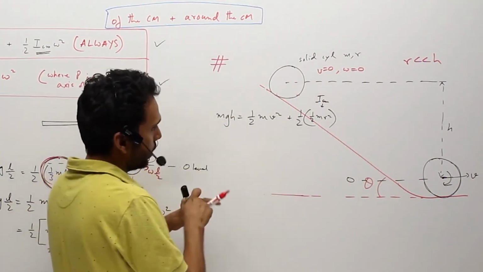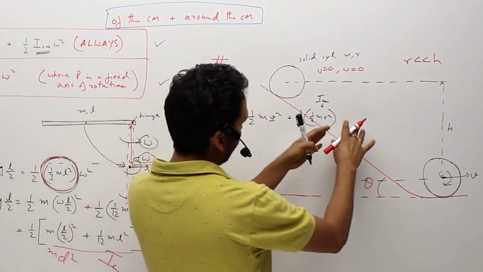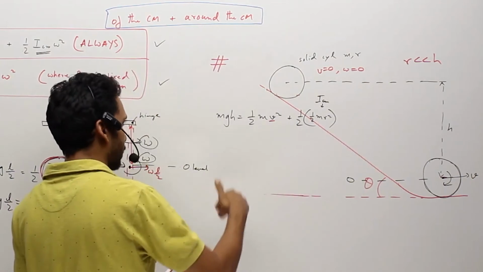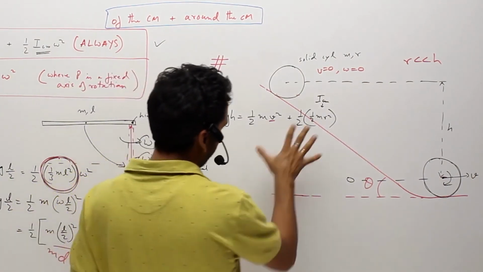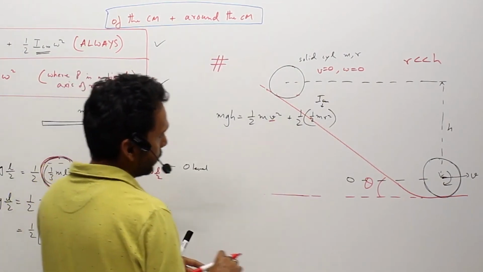Now the unknown over here is your velocity. Velocity is unknown. So if I put a v and I put an omega, which is another unknown, then I won't be able to calculate unless I have another equation, but I don't have another equation. I have just this equation to get the answer. This equation should be enough to get the answer.